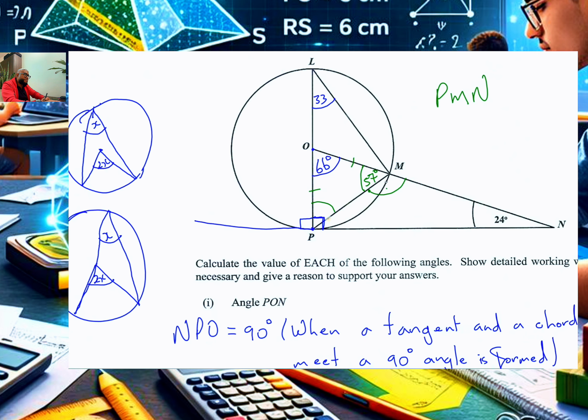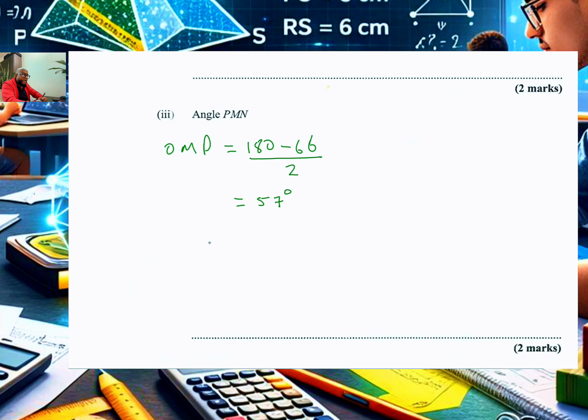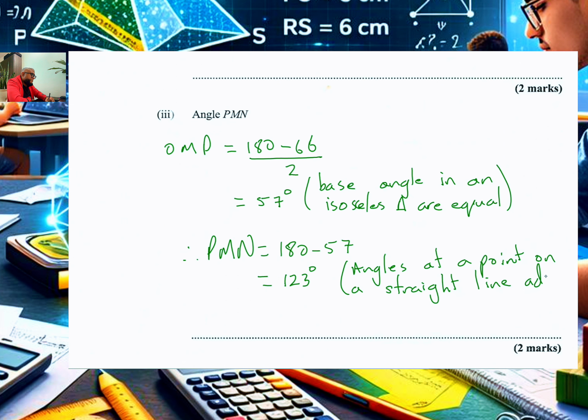And then the two angles at a point on a straight line add up to 180 degrees, right? So in order to find PMN, PMN would be equal to 180 minus 57, which would be 123 degrees, right? So let me put some reasons here. The reasons for this were base angles in a triangle are equal, and angles at a point add up